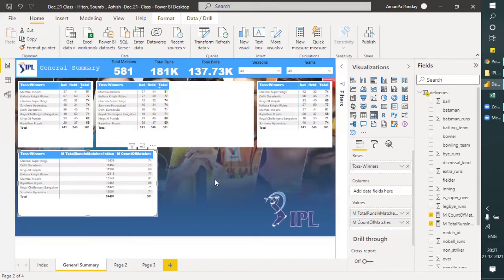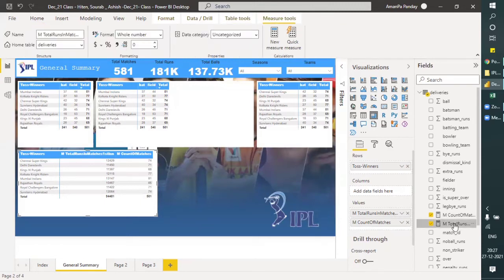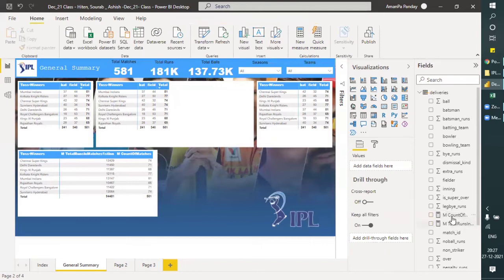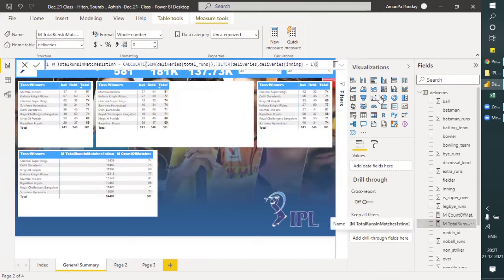Okay, so what I will do, I will go to this total count of matches, and I will just copy this, and click outside. So I hope we are clear with these two DAX expressions. Now I'll go to the total runs.